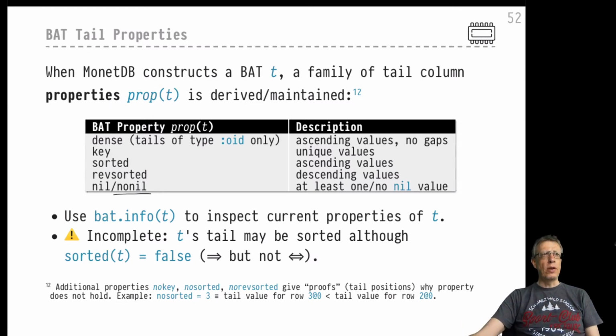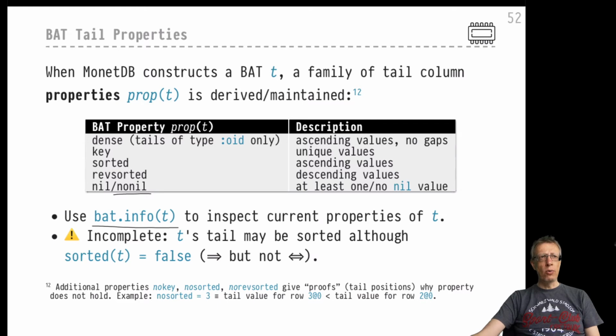All right, there's actually a special built-in MAL function that we could use in the MAL interface that lists all the properties, the current properties that have been inferred for the BAT t. Okay,